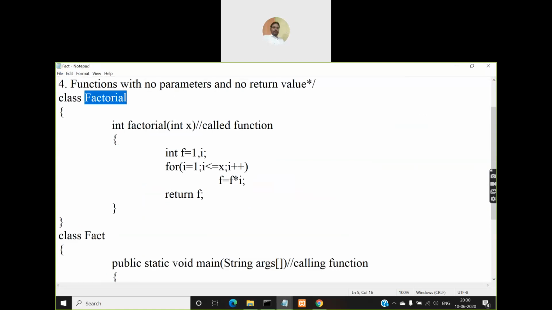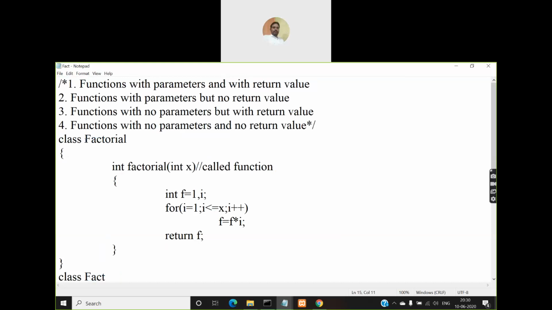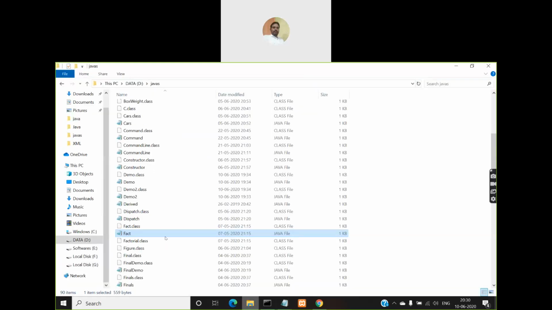Factorial, and another one is fact. When you compile this program, the .class file will be generated not just for fact, it will also be generated for this factorial class. So that's why you will be finding fact.class as well as factorial.class. These two .class files are generated only because of compiling this one single .java file, fact, right?